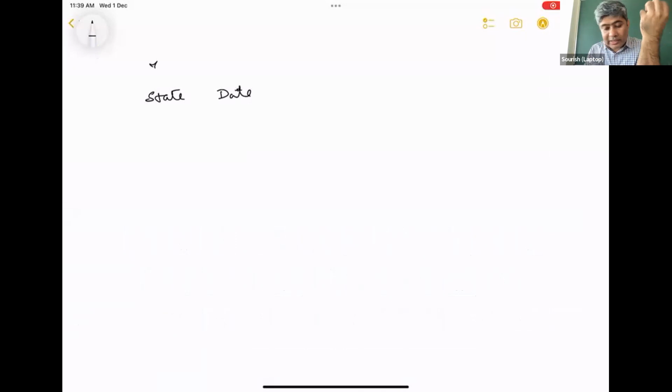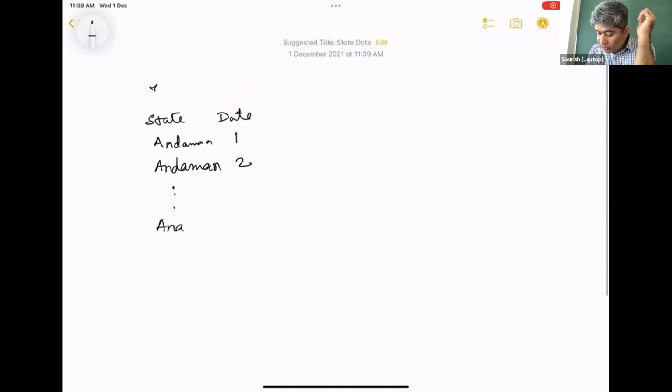So essentially state and date, we are using it as an ID. Okay, and then we are saying that the state is Andaman and Nicobar. So date 1, I'm just giving, and then Andaman again, date 2, this way, Andaman, and then say date 600.